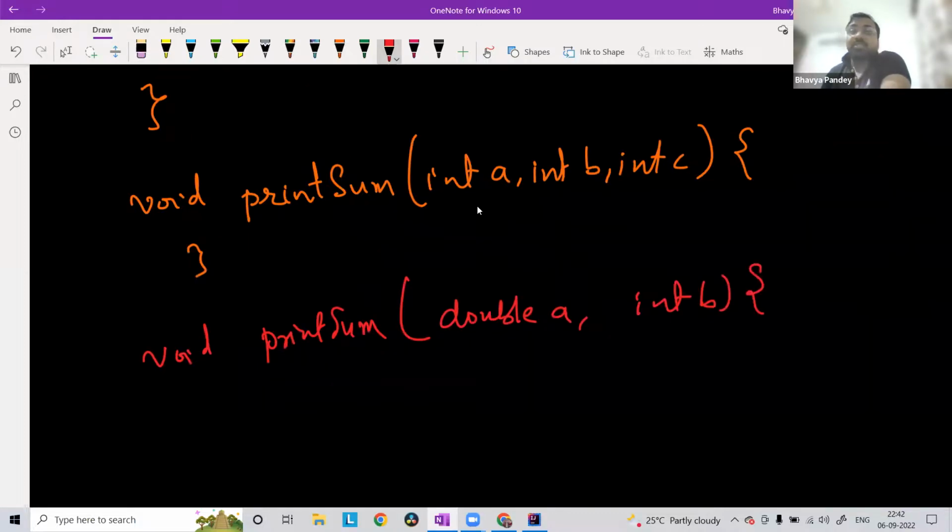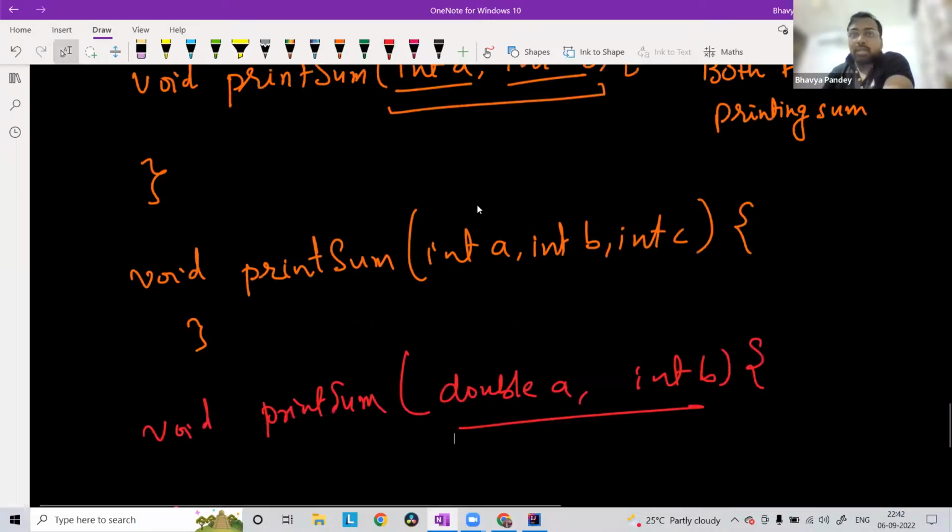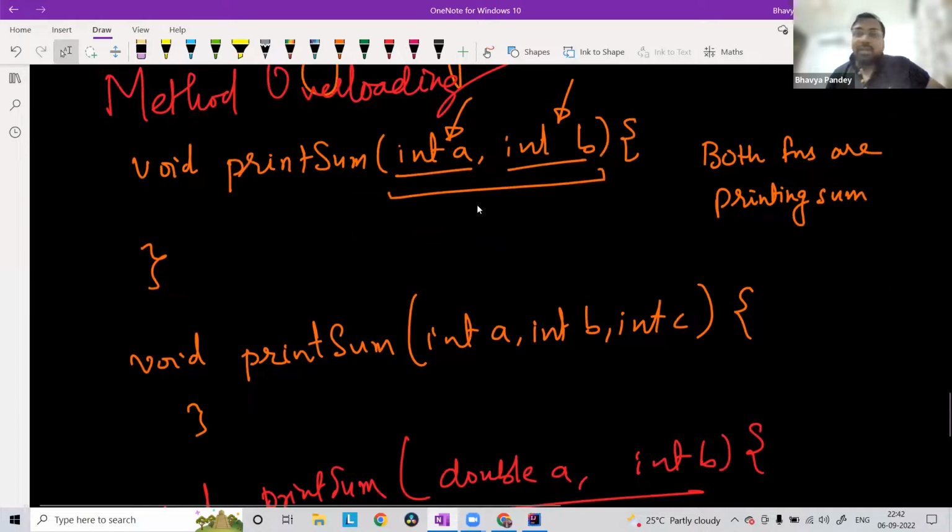So this is to answer Rishabh's question. How will you differentiate between this one and this one? Because now, when you call this particular implementation, you will pass a double first and an integer in the second place. So it will go to the implementation which is accepting double in the first place and integer in the second place, right? Another thing that you can do here is,